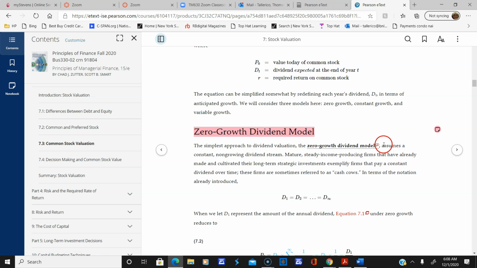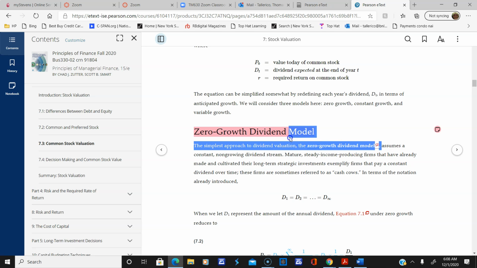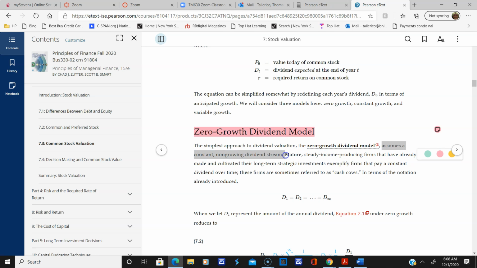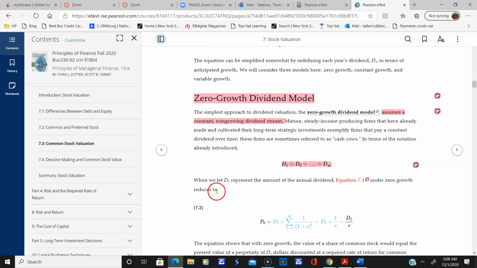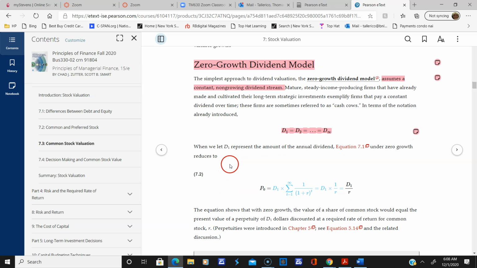You get the same dividend forever, kind of just like you would get with preferred stock, technically, or with a consol bond that goes on forever. So mature, steady income-producing firms that have already made and cultivated their long-term strategic investments exemplify firms that pay a constant dividend over time. So you can see what they say here. The dividends for each never change. You see that? They're always the same. Be that as it may,